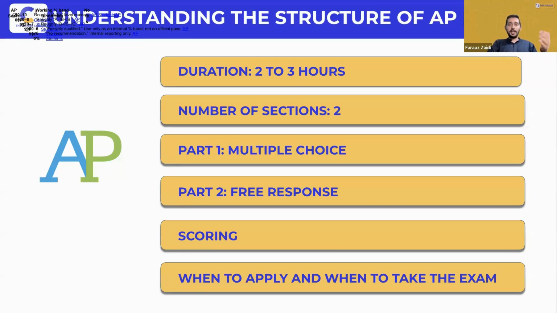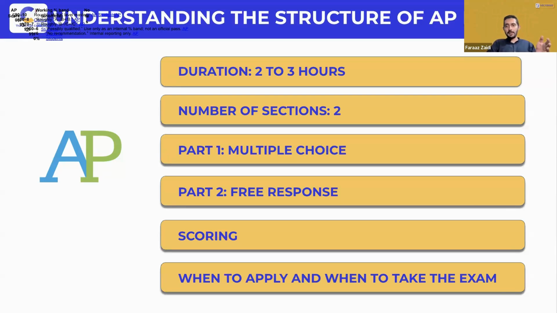Now, when do you apply and when do you take the exam? Your enrollment is largely August to September. Students typically enroll in AP courses at the beginning of the academic year, around August to September, dependent on, obviously, the school schedule. The registration would then happen between October to November. The College Board requires students to register for the AP exams in the fall semester, usually by mid-November. Late registration is allowed, but again, as I've said, will be with additional fees.